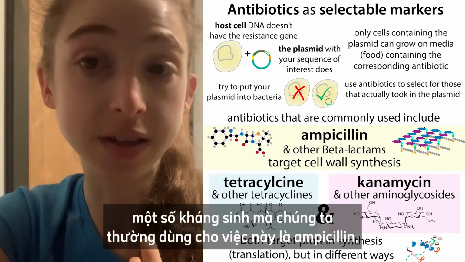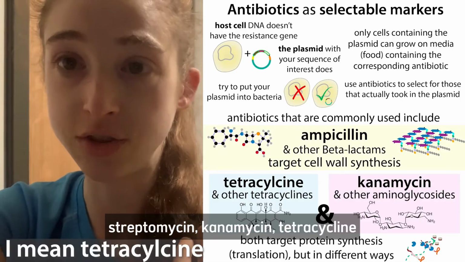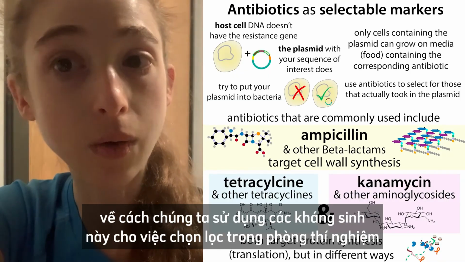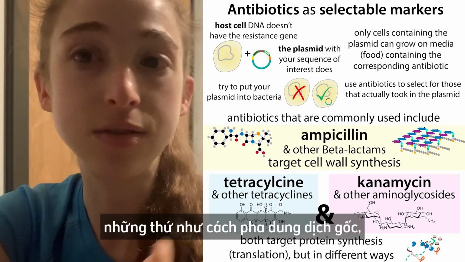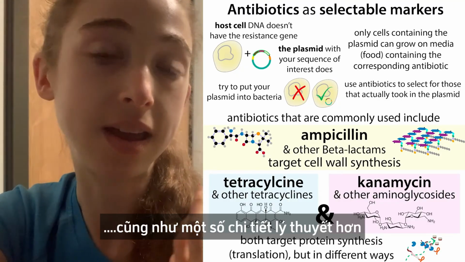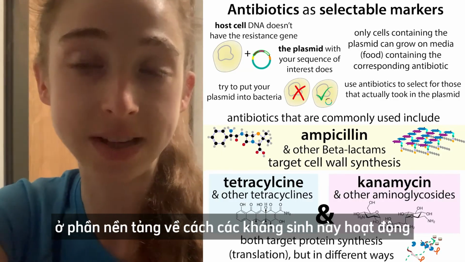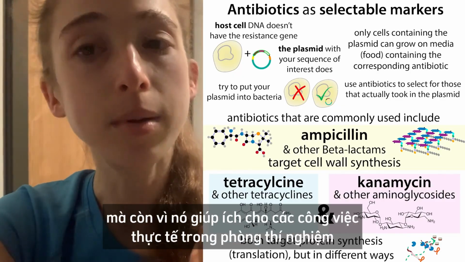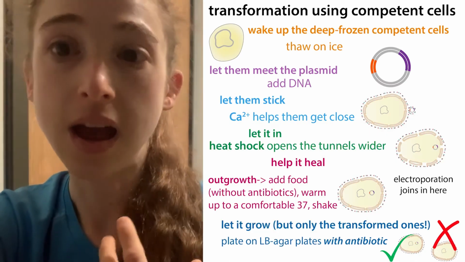Some of the antibiotics we commonly use for this are ampicillin, streptomycin, kanamycin, tetracycline. Today I just wanted to give some practical details about how we go about using these antibiotics for selection in the lab, like how you make stock solutions and when you add these antibiotics right before you use them, as well as some of the more theoretical background as to how these antibiotics work, not just because it's cool to know, but also because it helps with practical things in the lab, like how long you need to allow these cells to recover,